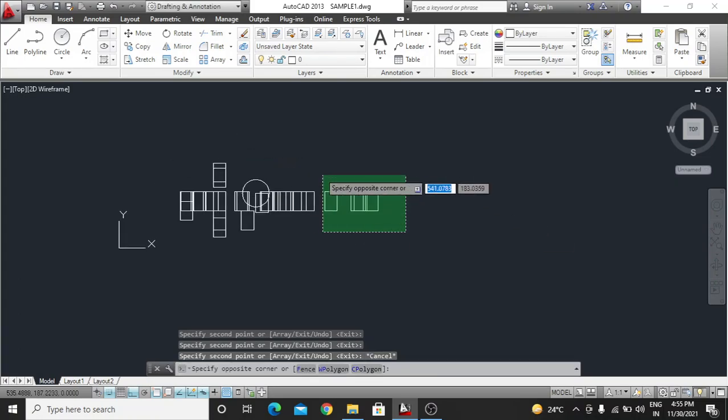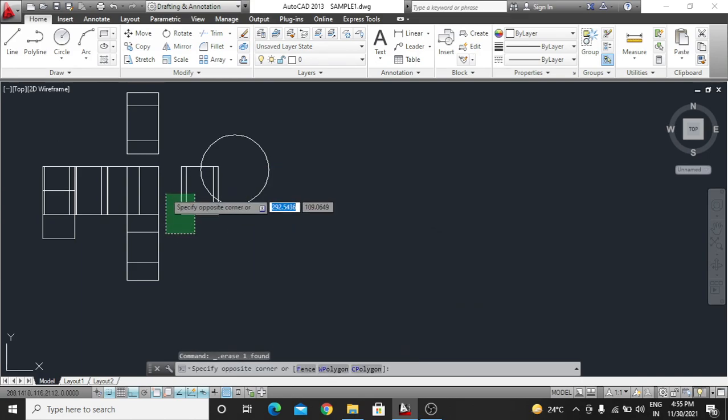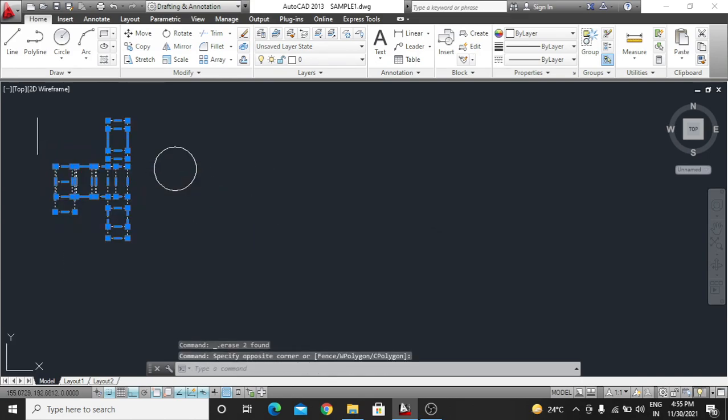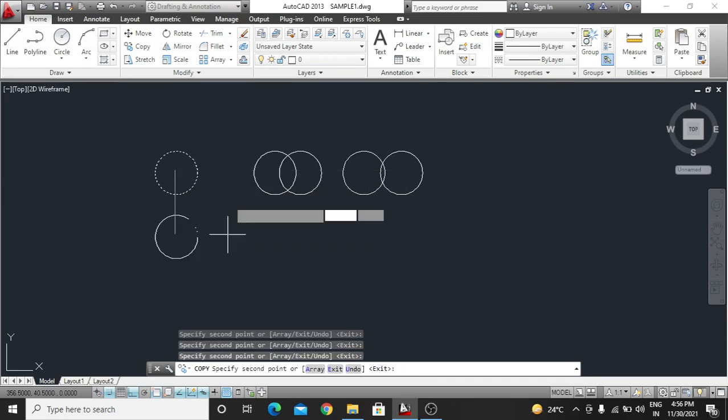So in AutoCAD this is a very good function, until you use the escape button, your command will be continued. So similarly here, if you want to copy this object, just enter CO, click the object and make many copies.